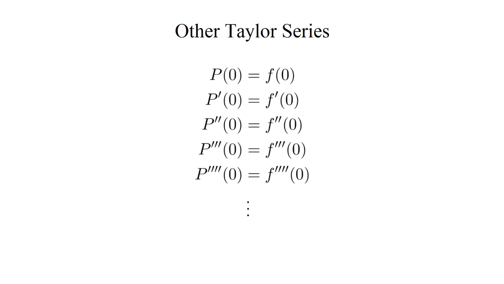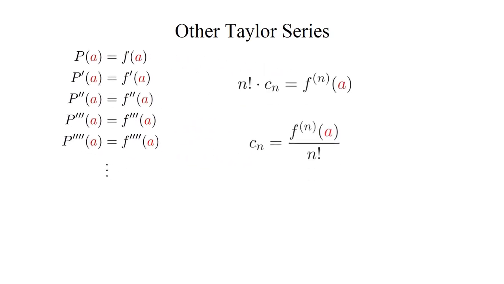I say a Taylor series because, like with general power series, you can center a Taylor series about different points to obtain different series representations. If you remember, we derived this formula for the coefficients of a Taylor series by requiring the polynomial approximation and the target function and all their derivatives to agree with each other at x equals 0. But we can choose a different value of x to be the point of agreement. If you change that point of agreement to x equals a instead, the formula for the coefficients changes slightly, and